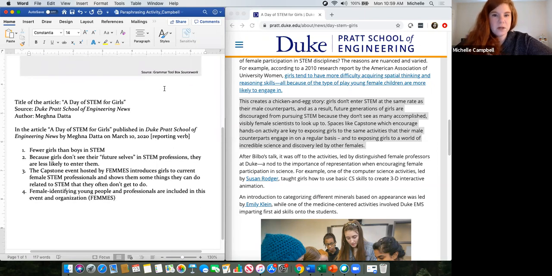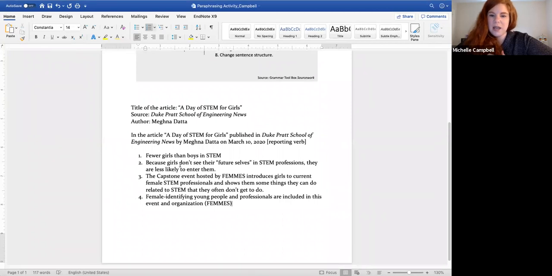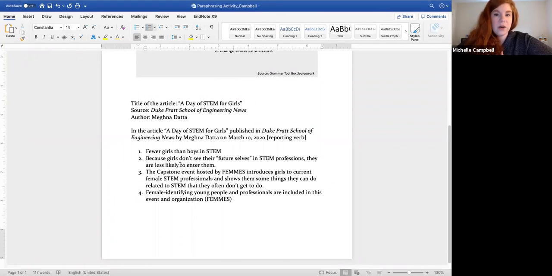So at this point, I'm going to stop looking at the original source and I'm just going to look at my notes. This is important because if you're looking at the original source, sometimes what happens intentionally or unintentionally is that you can accidentally plagiarize or have a couple words that are too close to the original because they're kind of stuck in your brain. So I am just going to expand my window and not look at the original for right now. Now I will go back and double check it to make sure there's nothing that's too close. And I'm going to start